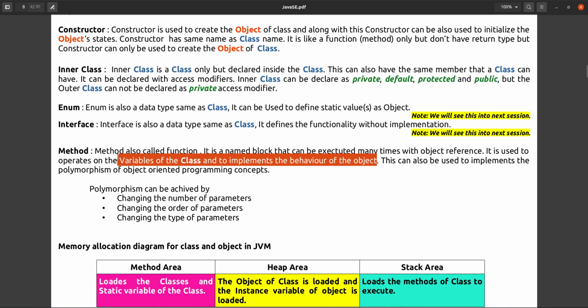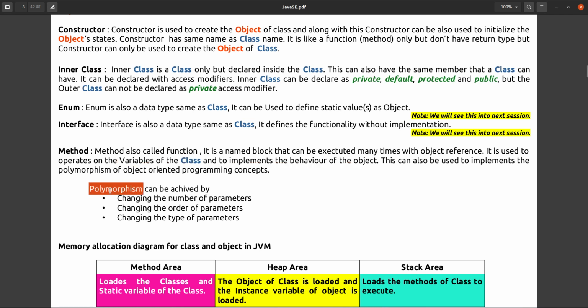That you can implement through the methods only, and methods can also be used to implement the polymorphism concept of object oriented programming. It is used to implement the behavior of an object, or you can say it is used to operate on the variables of a class. And polymorphism, how can you achieve it using these methods? By changing the number of parameters. Suppose the method name, see here we have seen the named block, the name will be